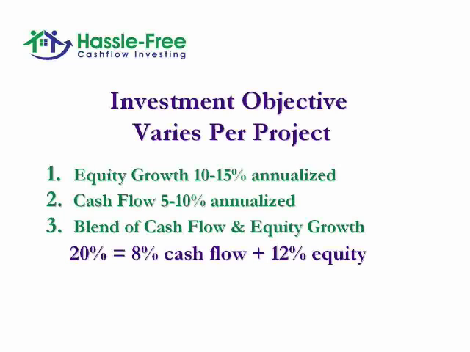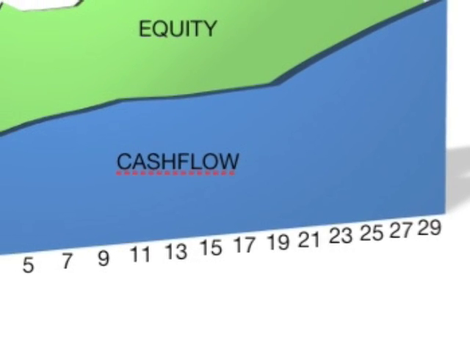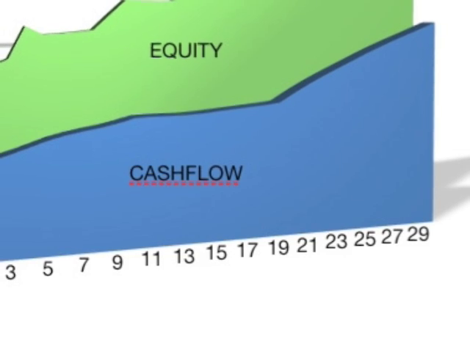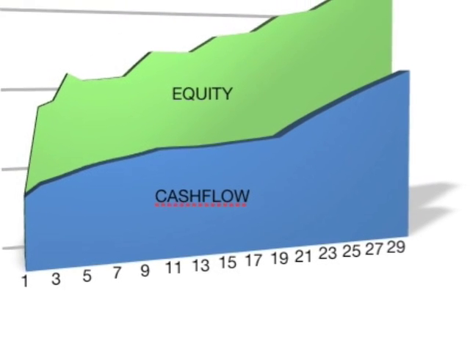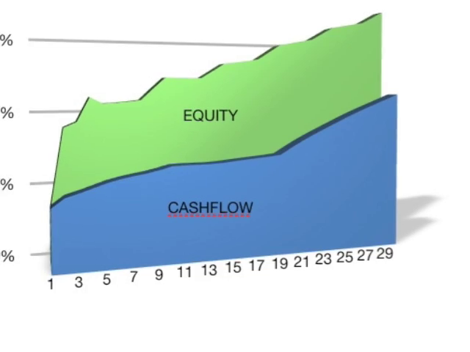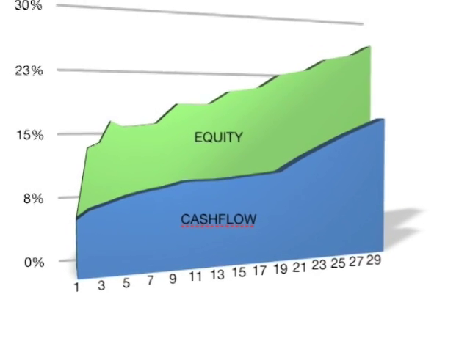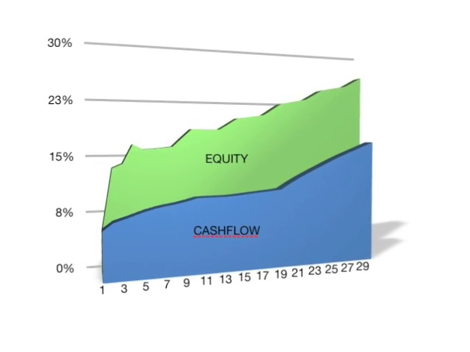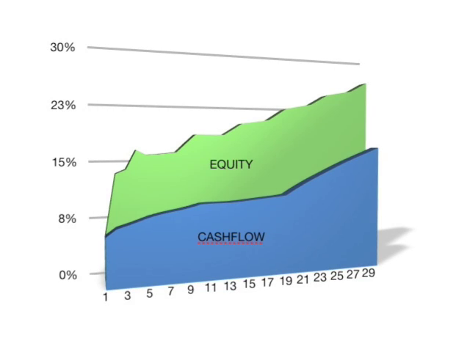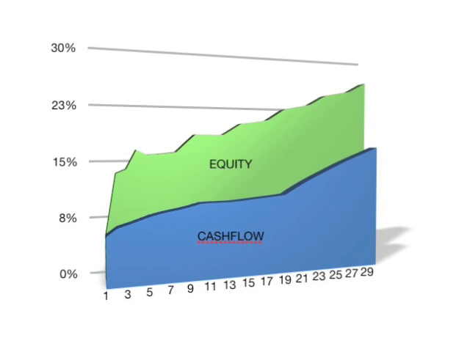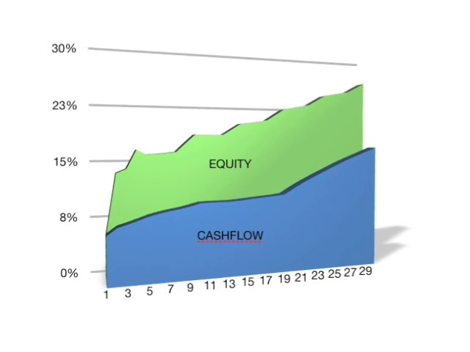I would say we're looking at creating blended returns. And blended means we're going to take the equity growth, or what I often call an equity kicker, and we're going to add that to the cash flow, and that gets us our blended rate of return. For example, a property might pay you 8% cash flow, and you say, 8%, do I really want to buy something if it's only 8% yield? Well, what about at some point in the future, you're going to get an additional 12% per year in terms of equity. Because as the loan gets paid down, that equity is your equity. It's just not liquid. You can't spend it.